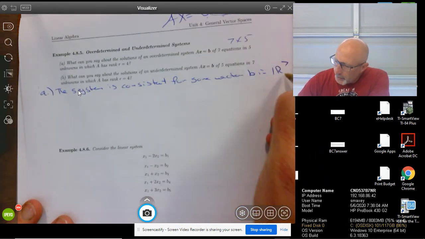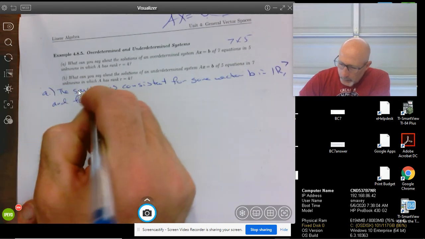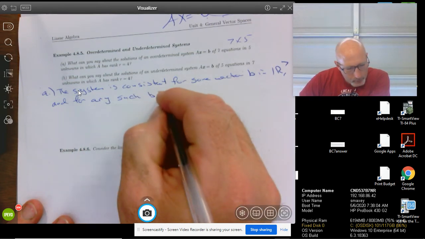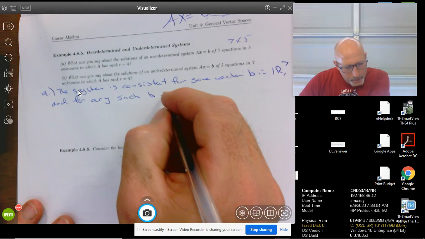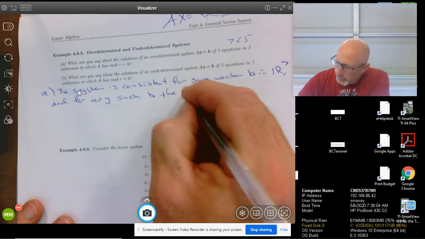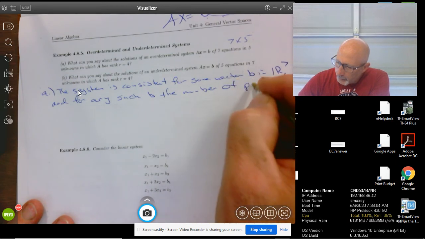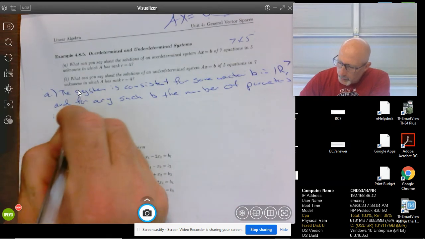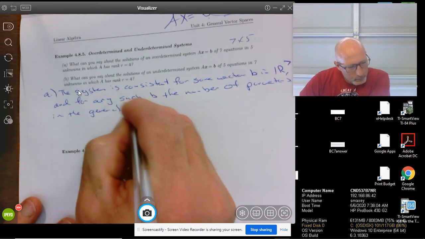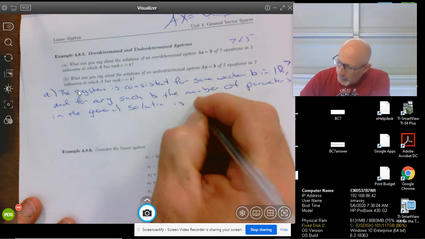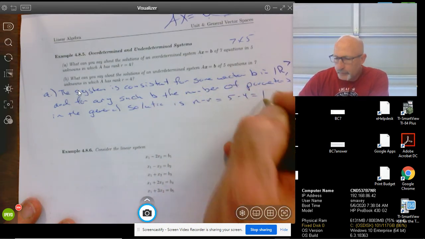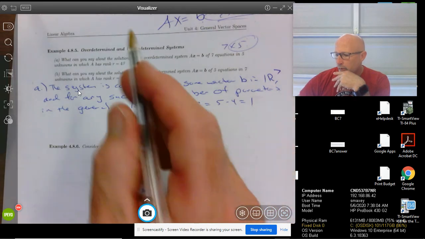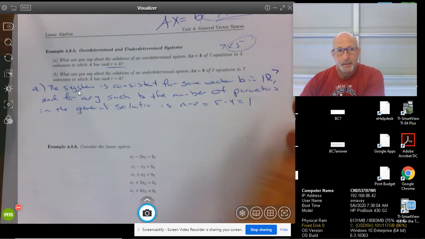Okay, and for any such b, the number of parameters in the general solution is n minus r, which is equal to 5 minus 4, which is equal to 1. So there we have it. Okay, n was equal to 5 because that was the column. We know what the rank was. It was 4, so just plug it in, you get 1. Okay, and then b,